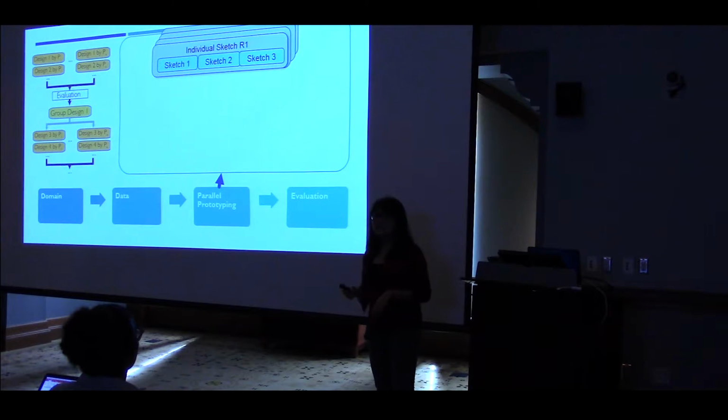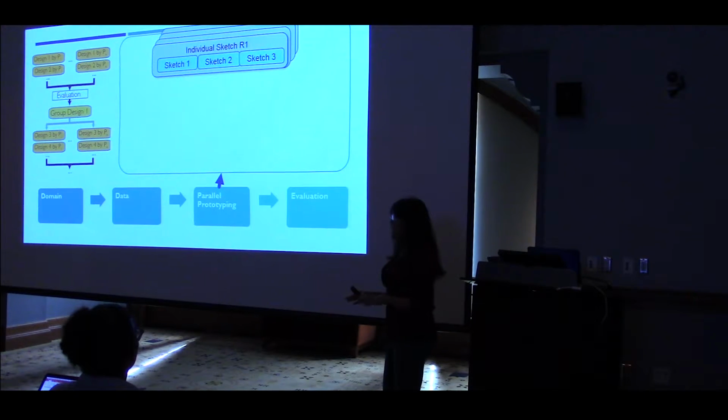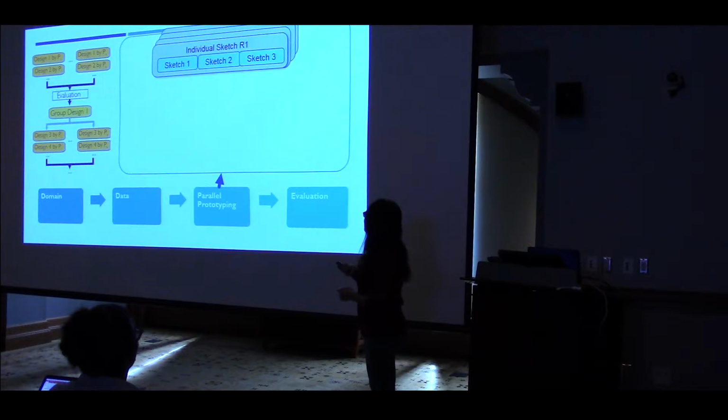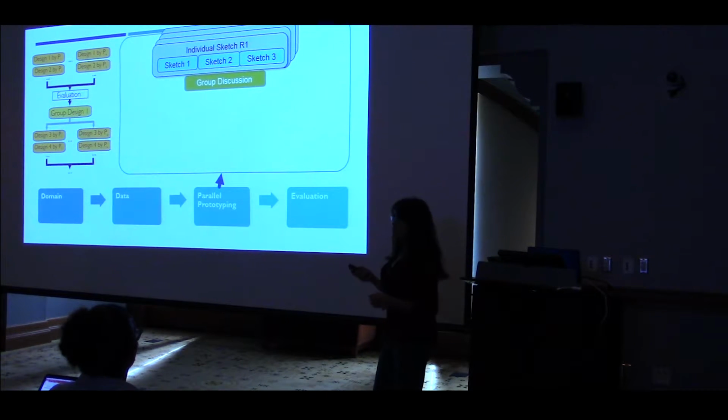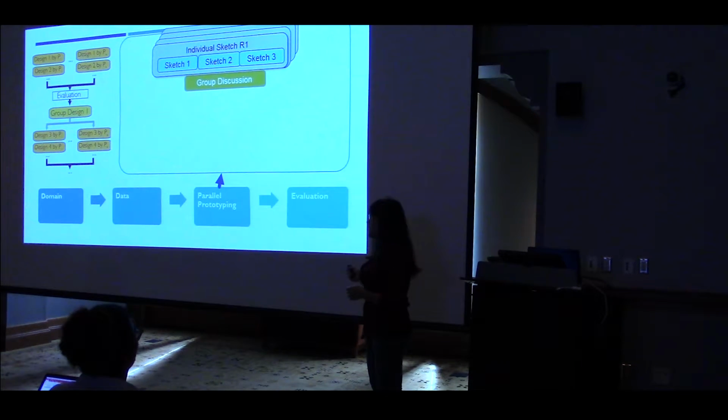In this sketch, individuals would work independently and develop 3 sketches. And at the end of the step, the group of 4 would have 12 sketches, and hopefully they're quite diverse. And after the individual round 1 sketch, groups get together, do a group discussion where they get feedback about their